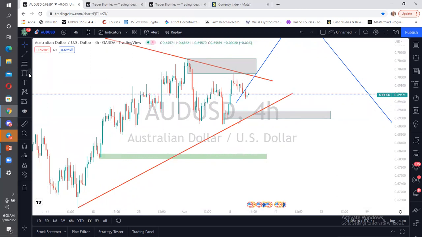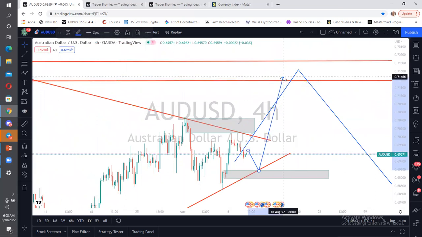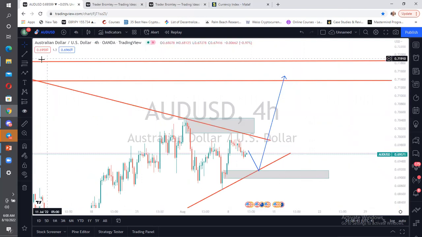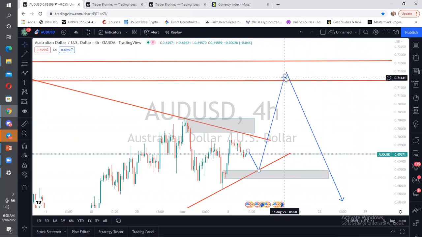So I would like to see this do this. Down here, up to this level here, possibly, then before you find its way down. So this is what I'll be expecting from this market. I want to see it like this. Then when they hit this level, I will be expecting them to come down. After they've closed this inefficiency, I would like to see them come down. That is what I'm expecting from this pair.